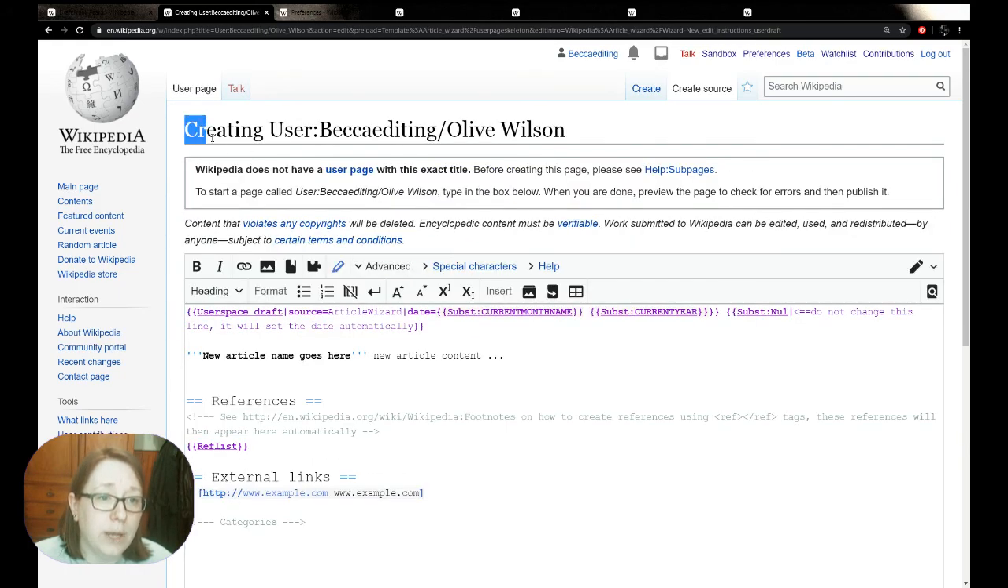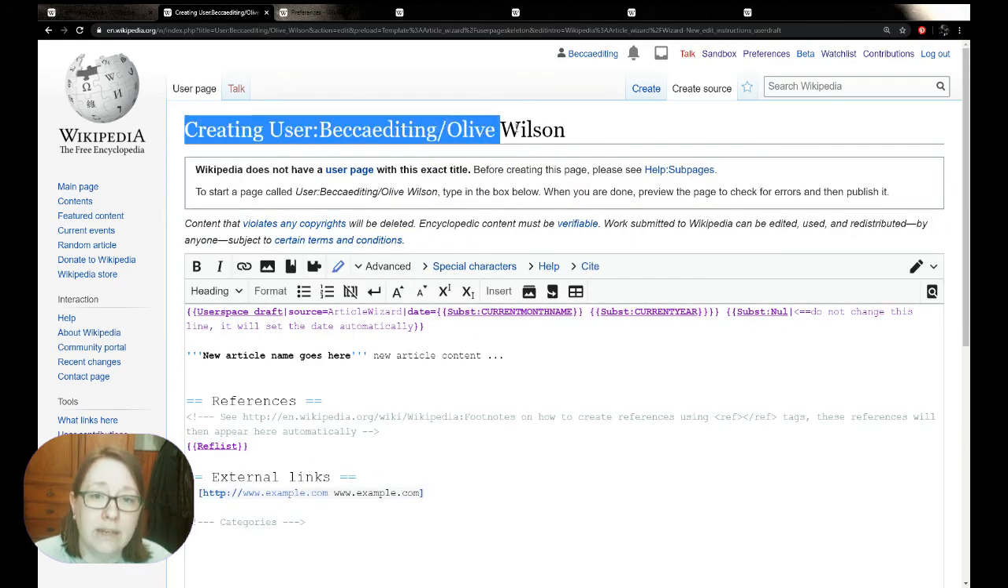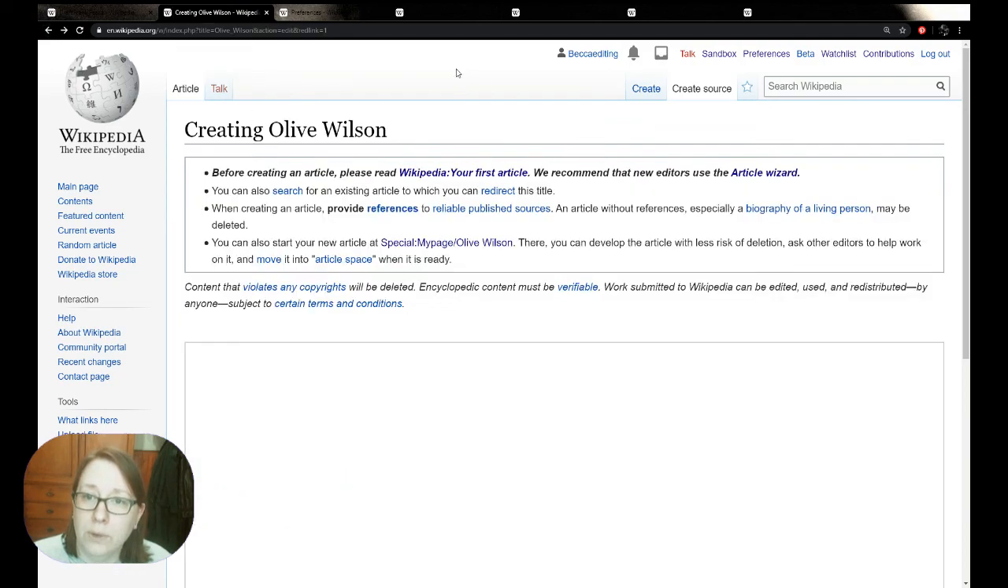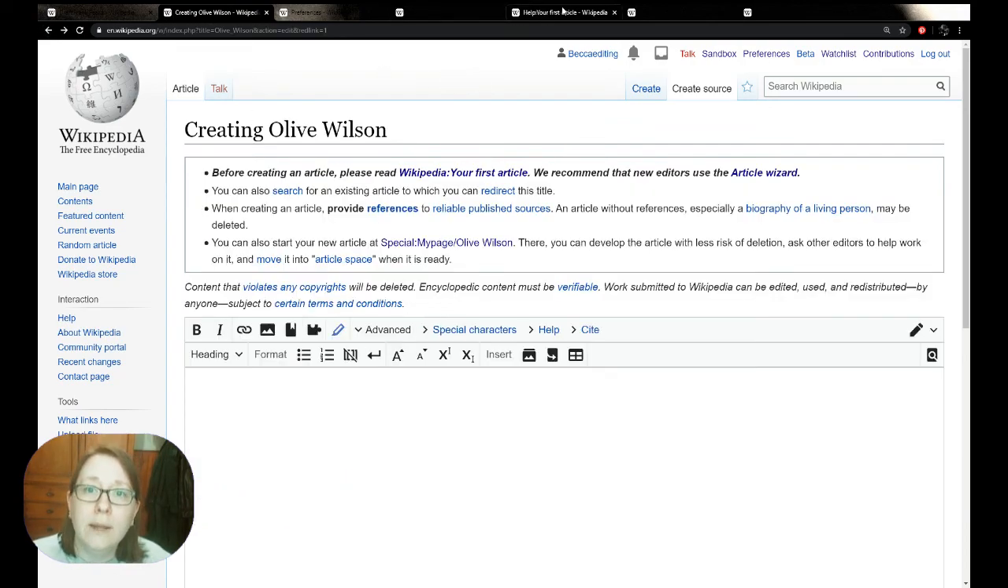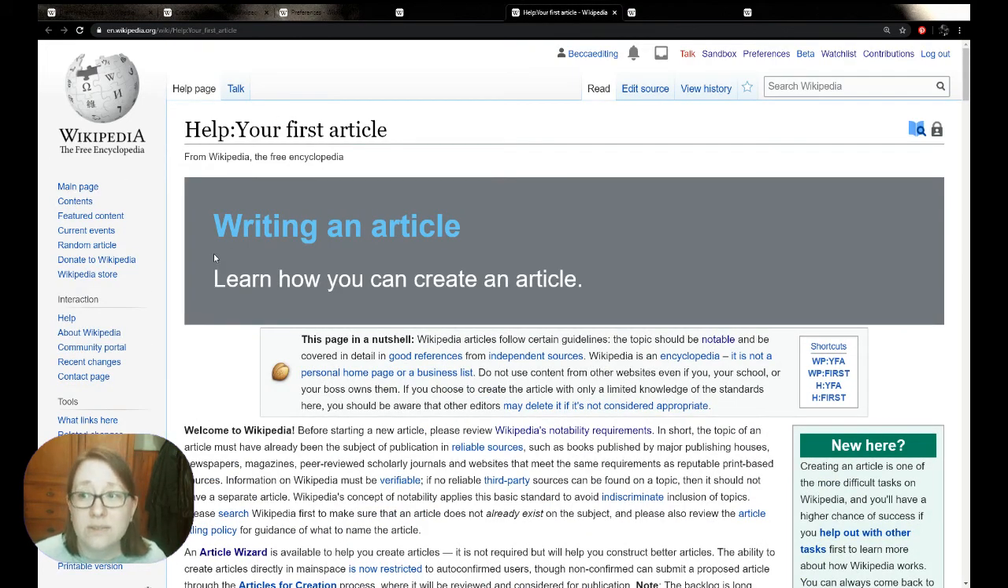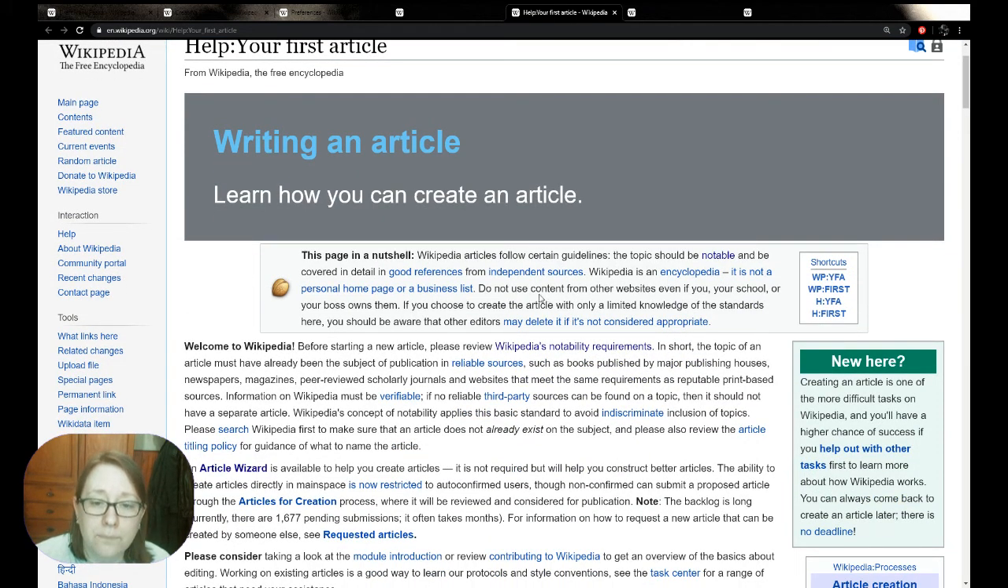It creates this page, user Becca editing / Olive Wilson. So rather than / sandbox, we have a draft of the title on it. We'll go back for a second now and we'll have a look at the article wizard in a second. But looking at your first article, it's quite a detailed document, and it does bring you through blow by blow what's involved in creating a brand new article. And as you can see, it is kind of cautioned that it is a high bar to be setting yourself,